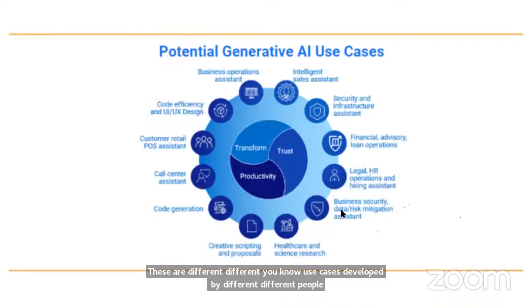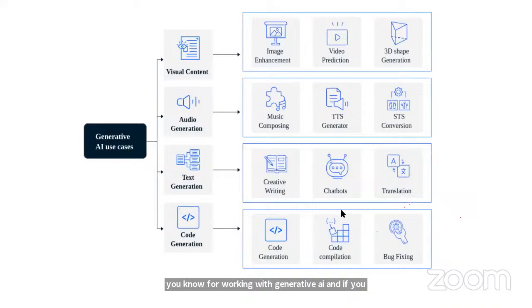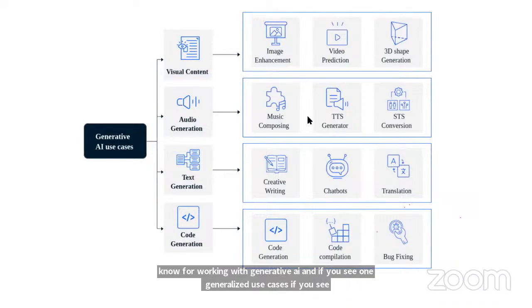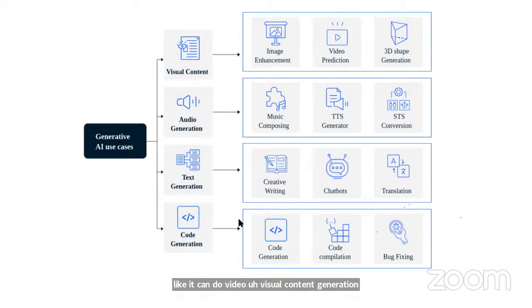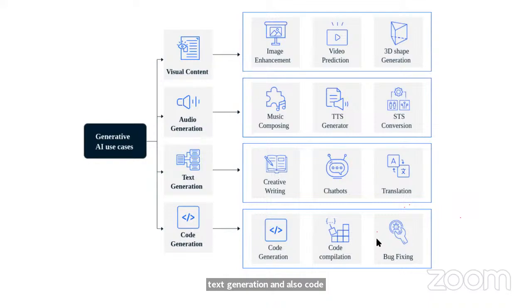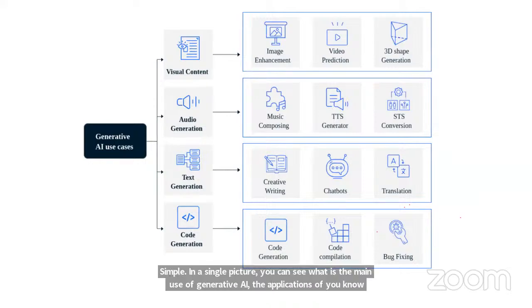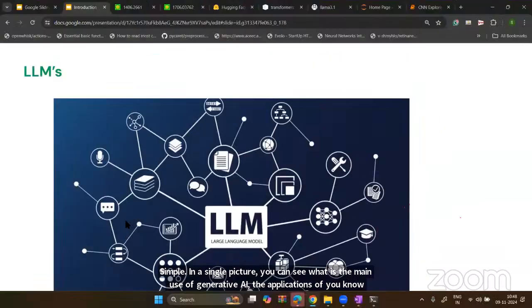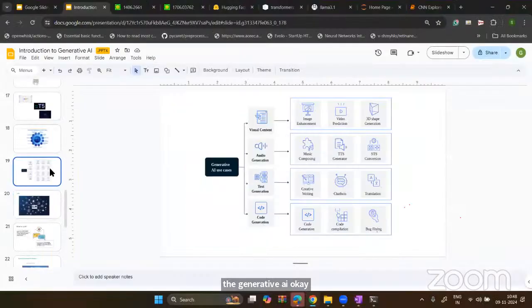And if you look at one generalized view, it can do visual content generation, audio generation, text generation, and also code generation, right? Simple. In a single picture, you can see the main use of generative AI, the applications of generative AI. Okay, cool. So now you have an understanding of what LLMs and generative AI are,